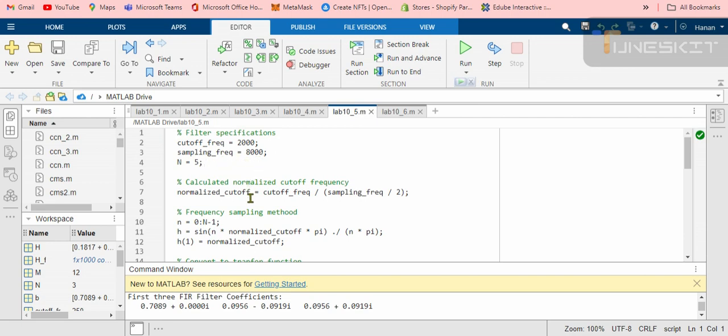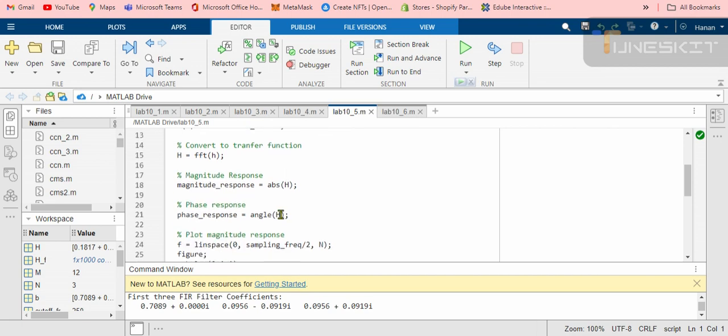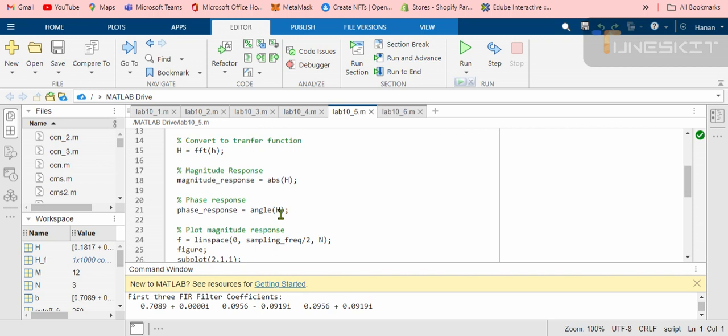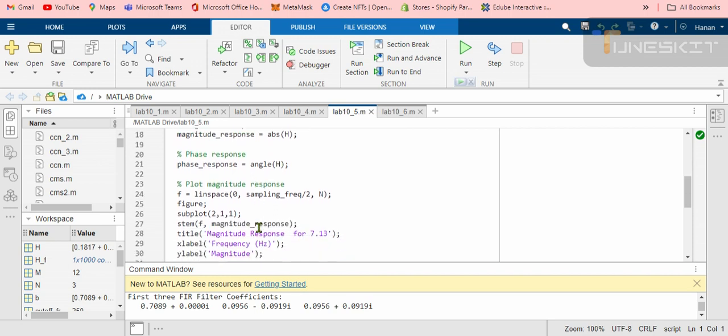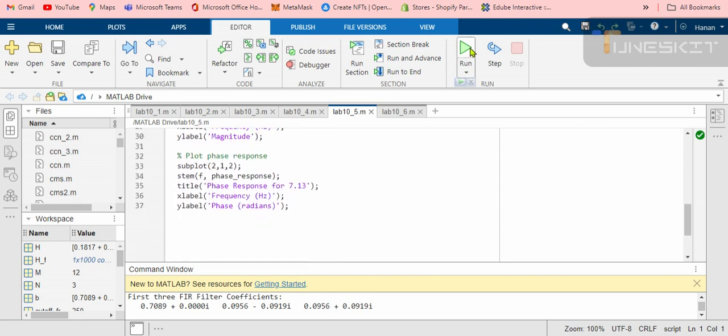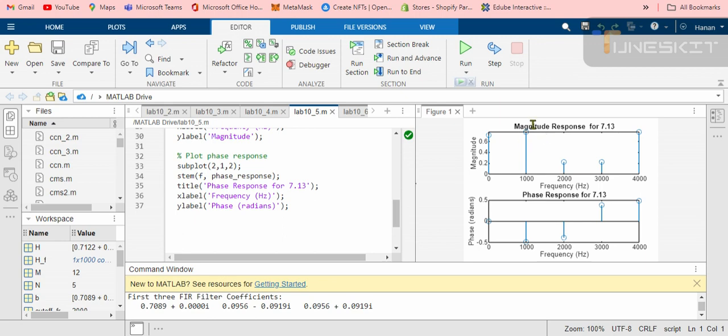First of all, normalize the cutoff frequency, then use the frequency sampling method, then convert to the transfer function, then find the magnitude response, for which we use the absolute command, then find the phase response, and then plot the magnitude response and phase response. So let's simulate this code. As we can see, we obtained the magnitude response as well as the phase response. So let's move towards the last part.